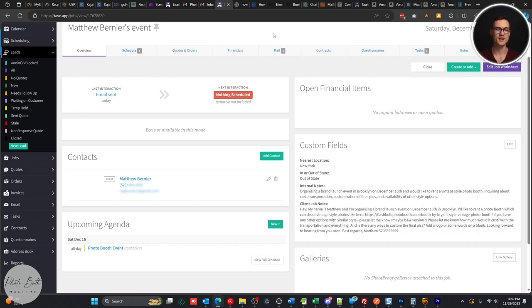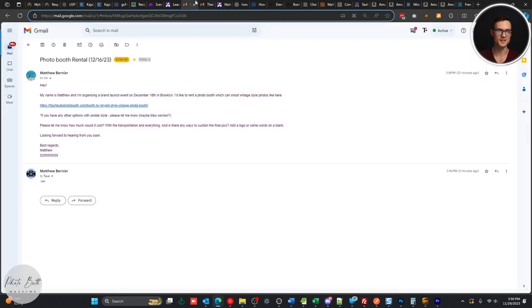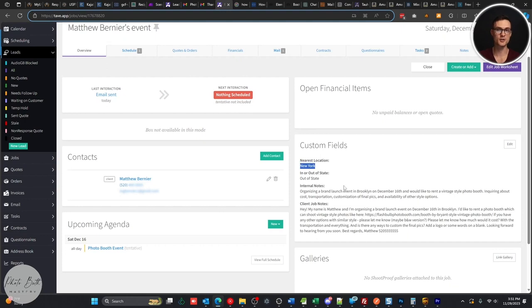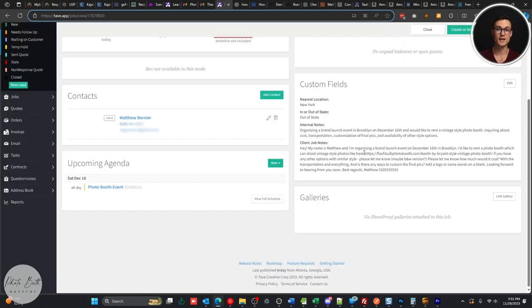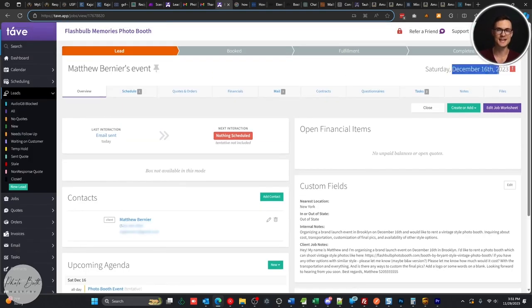quote based on this. Now, something really cool that you might have noticed here is in the original email from the client in this case, they mentioned the date of their event and that it was in Brooklyn, among some other things. As you can see, it actually chose the nearest location based on custom fields that we have in Tave, in this case, New York, in addition to automations in Tave, which marked it as an out-of-state event, and was also able to get the date of the event and the exact job type based on jobs that we